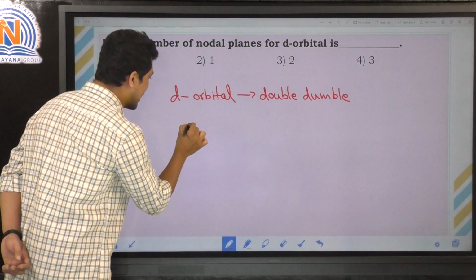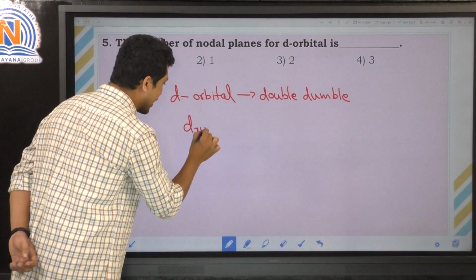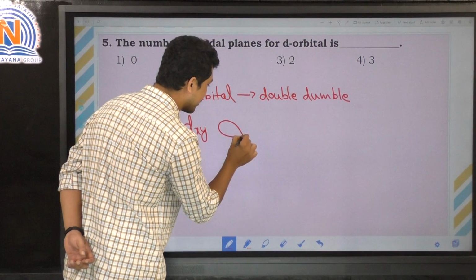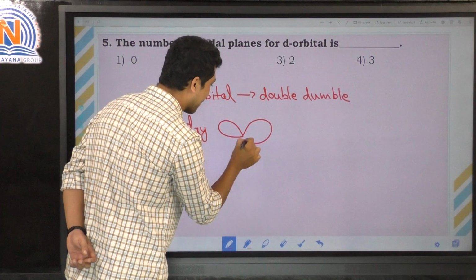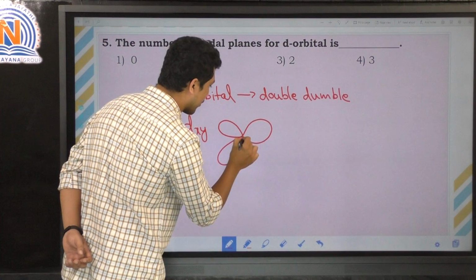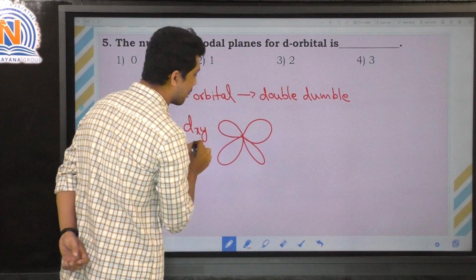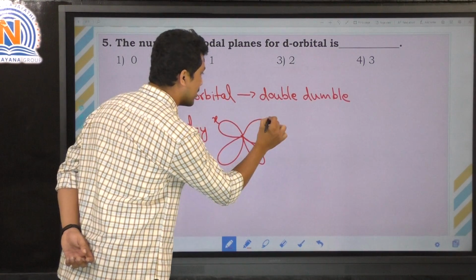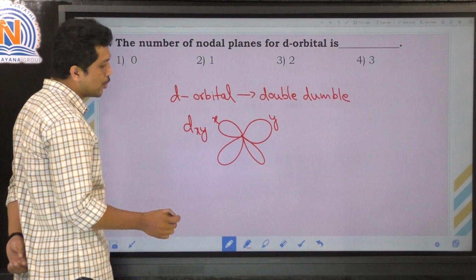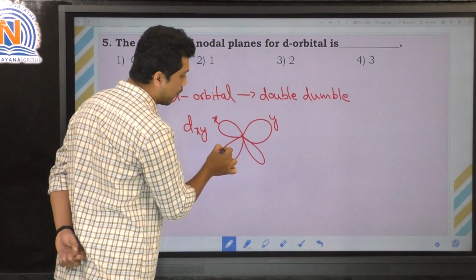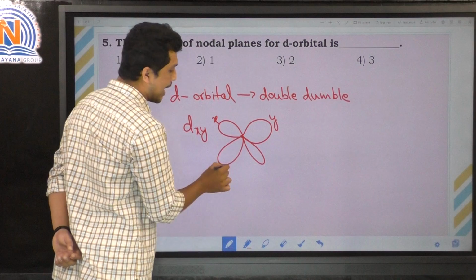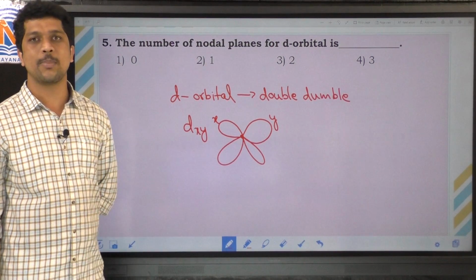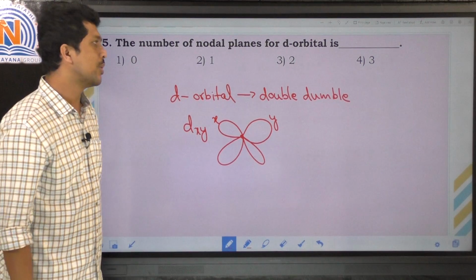For example, if you take the dxy orbital, this is the shape of the dxy orbital. This is the x axis, this is the y axis. So there are two nodal planes we can observe. For the y axis there is one nodal plane and for the x axis there is another nodal plane. So the number of nodal planes for d orbital is 2. So the correct option is